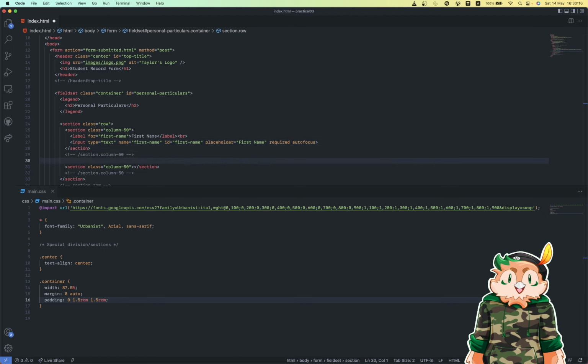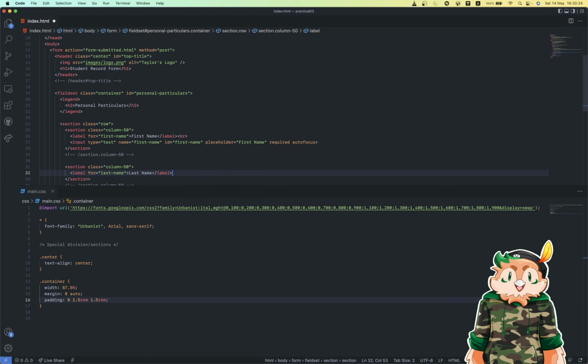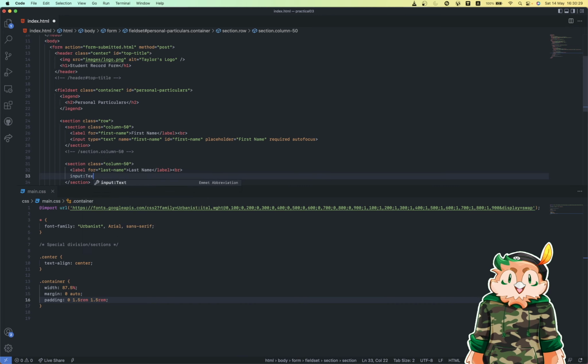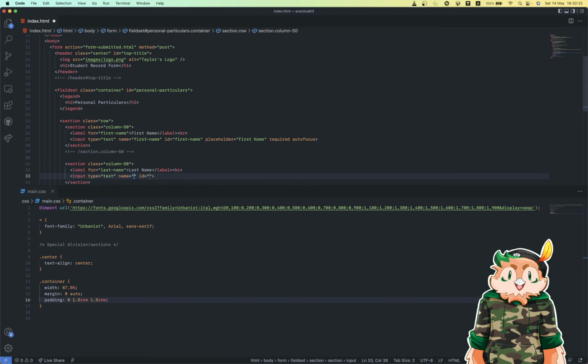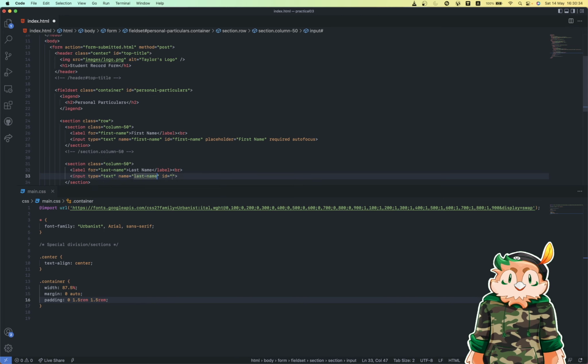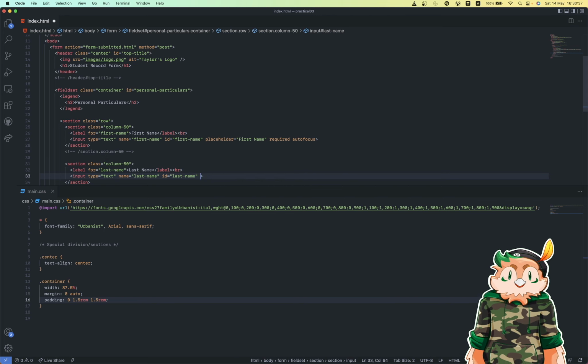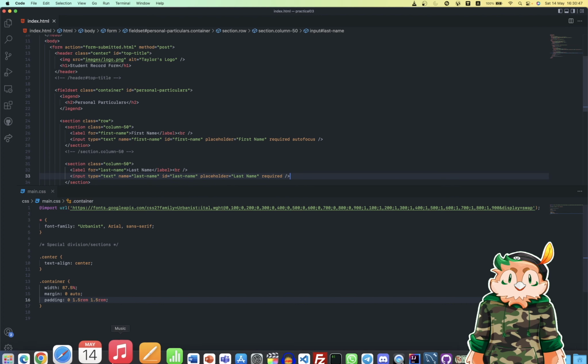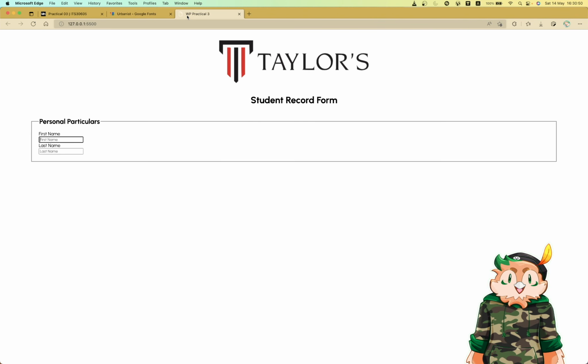All this is going to be the same in the same spirit for the next one, which is the last name. So label for the last name. BR element, input text, sorry, last name, pin the placeholder of last name right here, and required. We only need to put autofocus once, right? This is meant to be a one element thing. So save this, and you should see that they are now shown over here. It's obviously not complete,